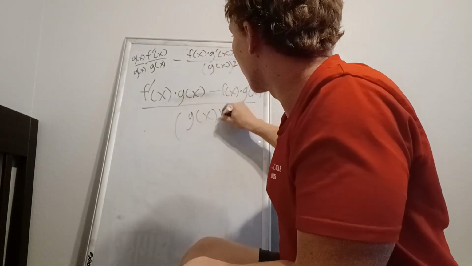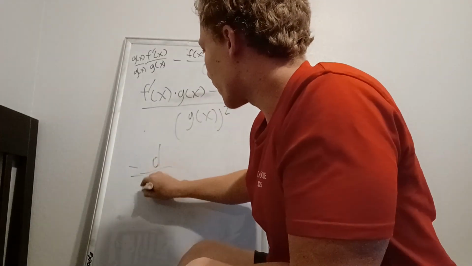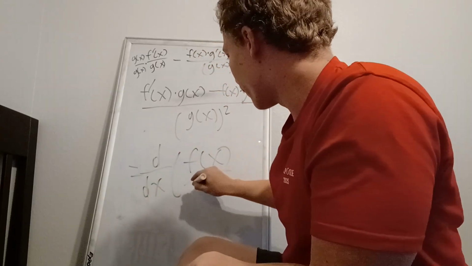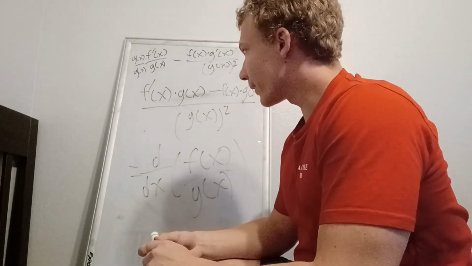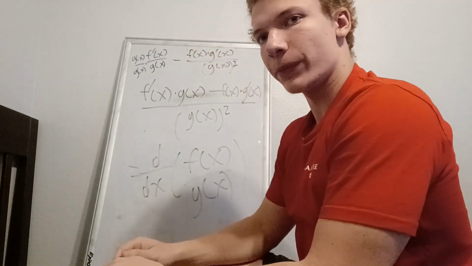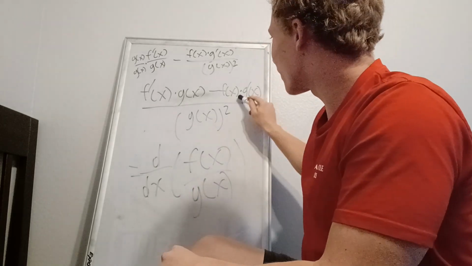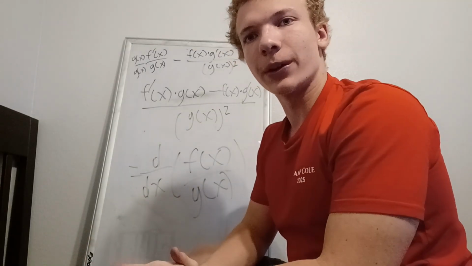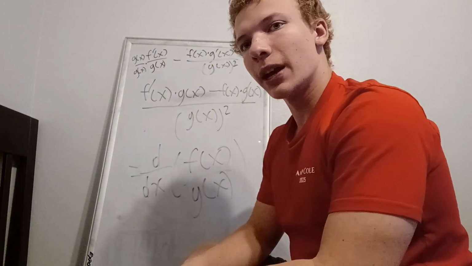And of course, our original expression was finding the derivative of f of x over g of x. So we see that the quotient rule will get us the derivative of the top times the bottom minus the derivative of the bottom times the top all over the bottom squared. So it's a little bit of a rearranging of the algebra and employing all of the rules that we've talked about thus far, being the chain,